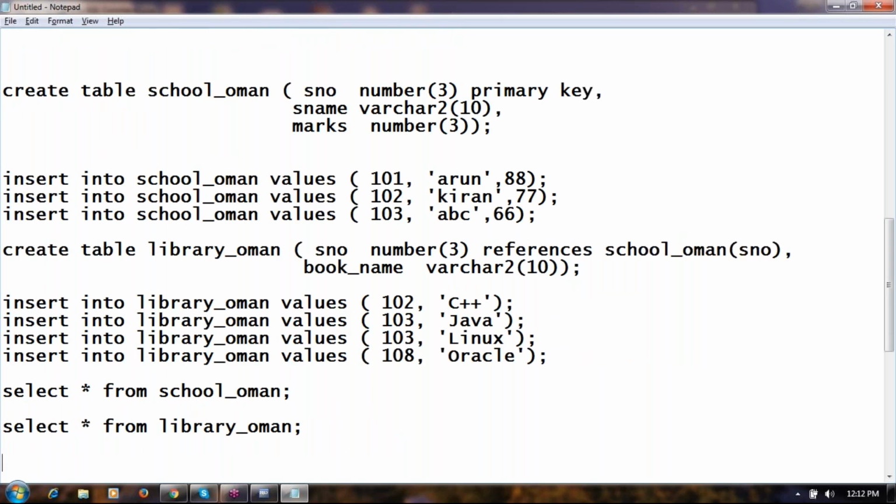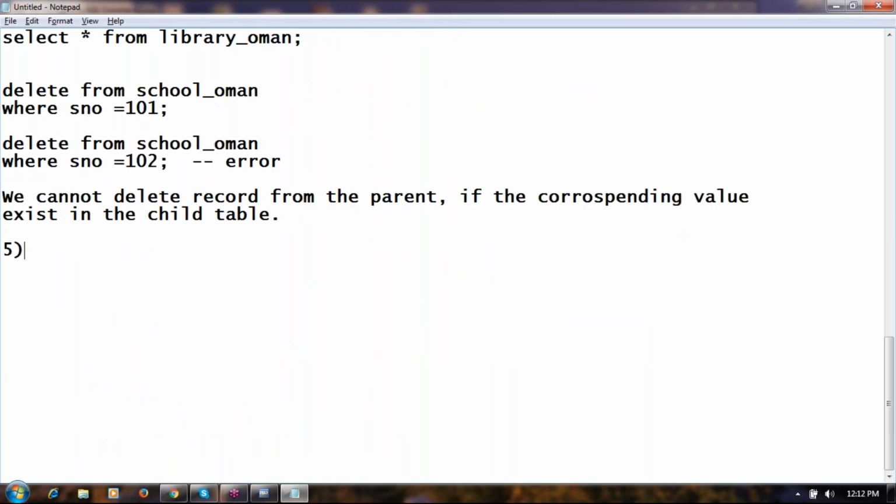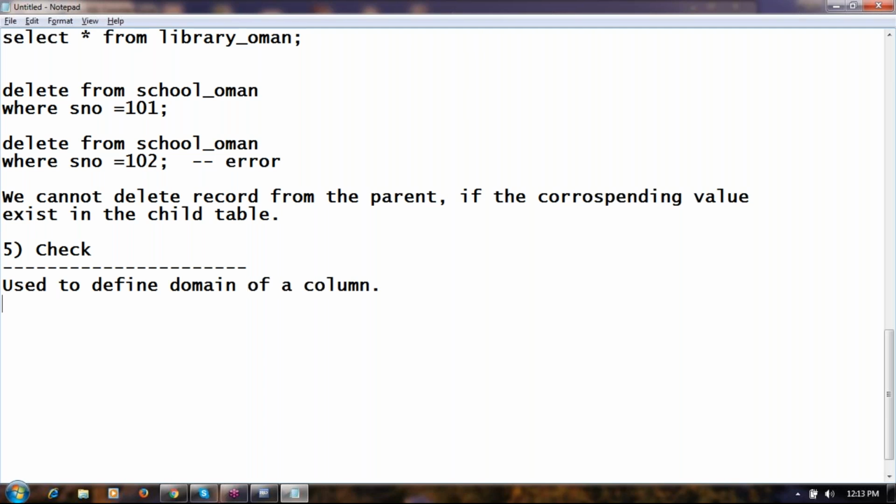Check. It allows the user to define the domain of a column.